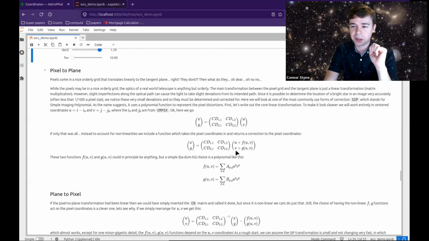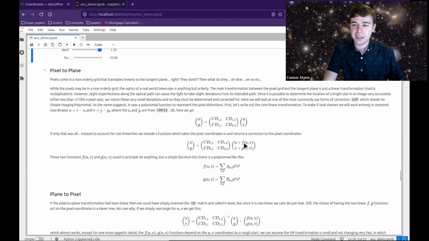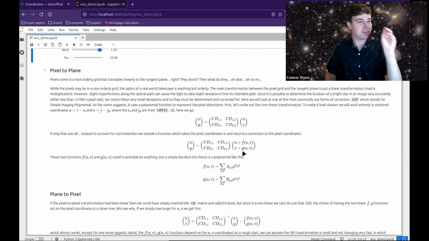You take your UV pixel coordinates and you add some function of the UV pixel coordinates, a perturbation function. And that function takes the form of a polynomial like this. The A and the B are coefficients, and then U and V are just raised to a given power to create the polynomial. And this transformation essentially says the pixel coordinate 5, 5 is not actually at 5, 5,